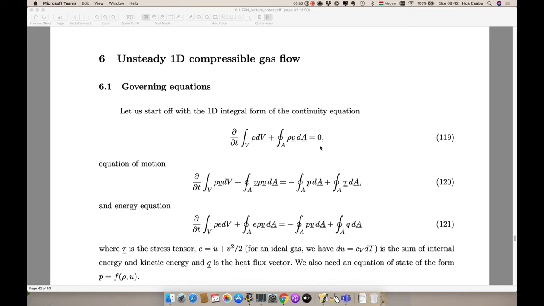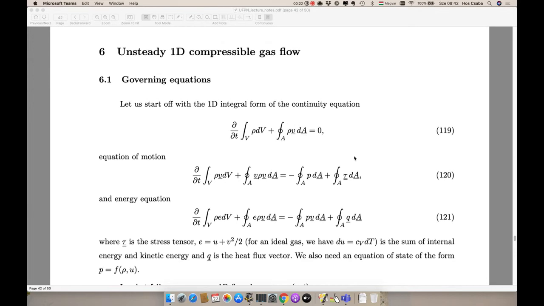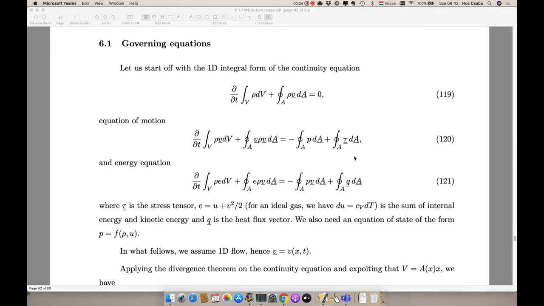Hello guys, so this is unsteady flow in pipe networks and we are starting a new material: unsteady one-dimensional compressible gas flow. We have dealt with slightly compressible, that is liquid systems, we have dealt with open surface flows, and now we are dealing with gas flow. So we start off with the one-dimensional integral form of our equations, that is